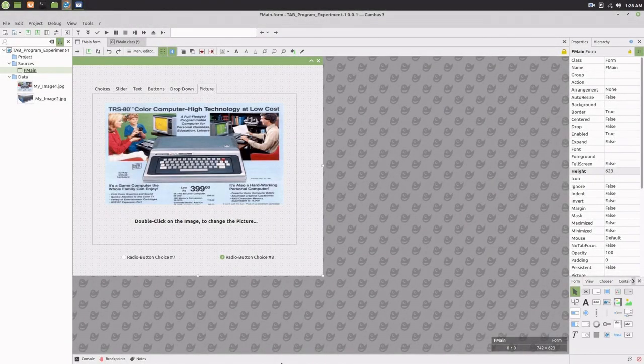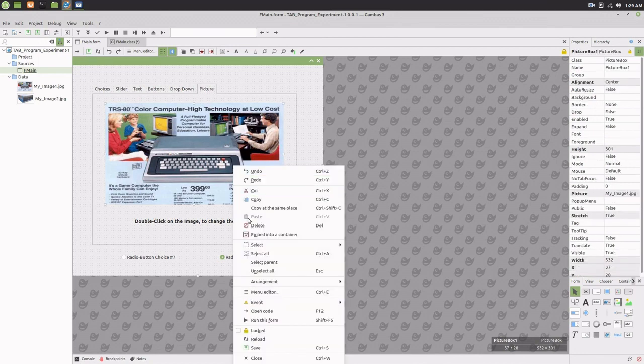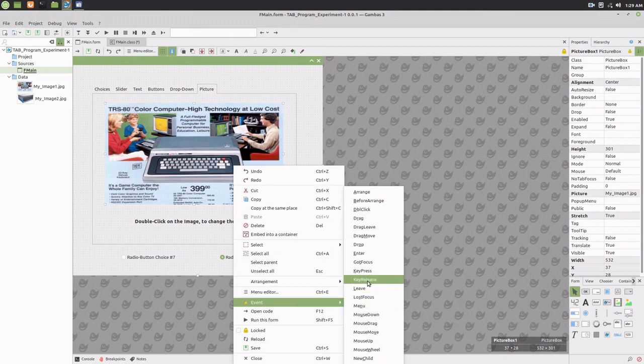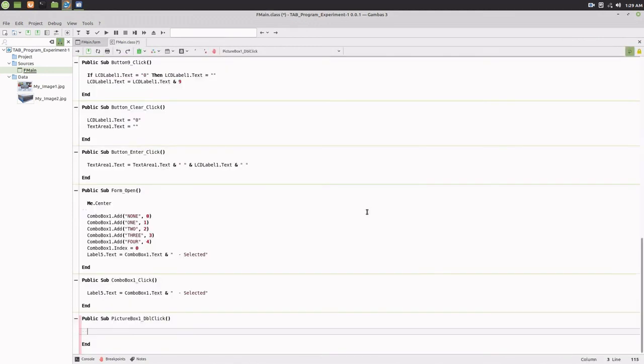You should note that PictureBoxes can utilize many common image types. In this case, the images are JPGs. But GIFs, BMPs, and PNGs all work as well. To add the program code to the picture control, right-click the picture box and select Event and double-click. And in the code block that begins PictureBox1 double-click, add the code